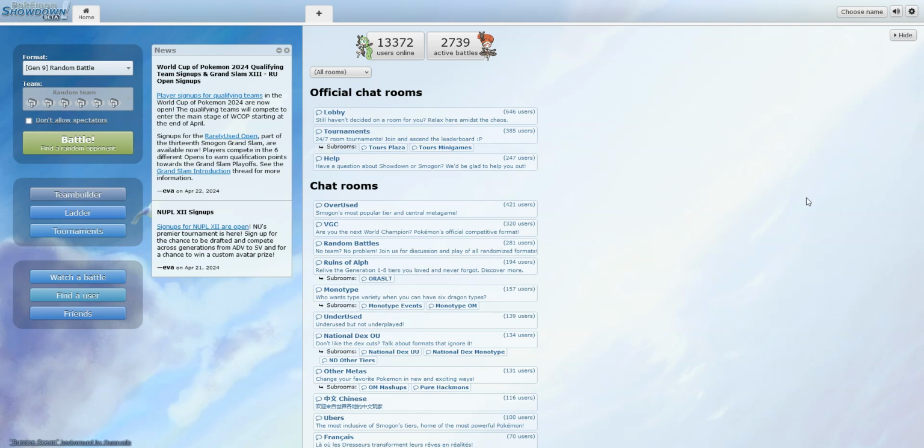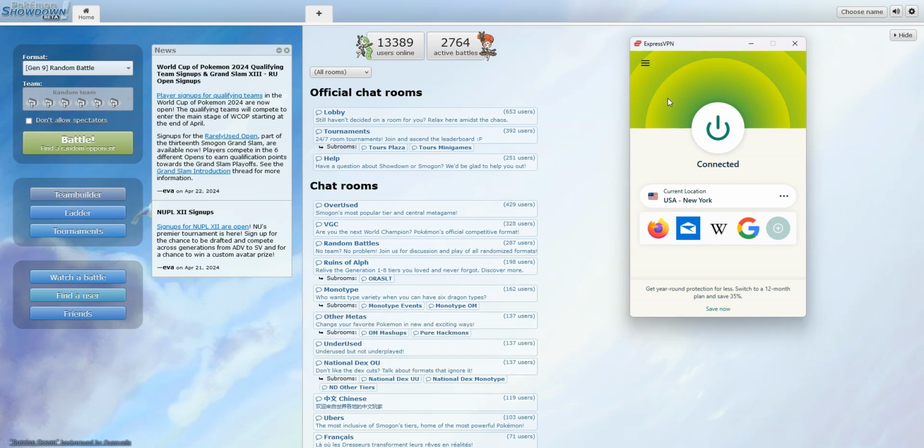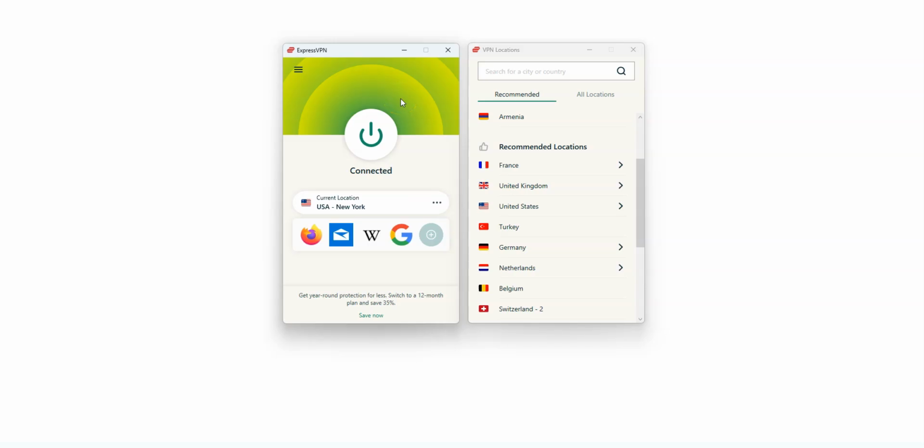I took a browser-based game as an example, but it's the exact same principle for app-based games. With the VPN, you will be able to play any game on Steam, Epic Games, GOG, Battle.net. ExpressVPN not only helps me bypass the firewall put in place by the network administrator, but it also fully encrypts my traffic, meaning the administrator of the network I use can no longer track what I do, what websites I visit, and so on.